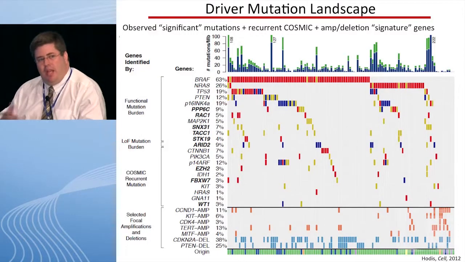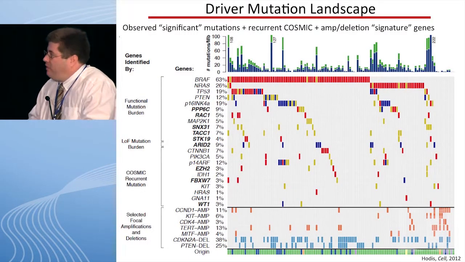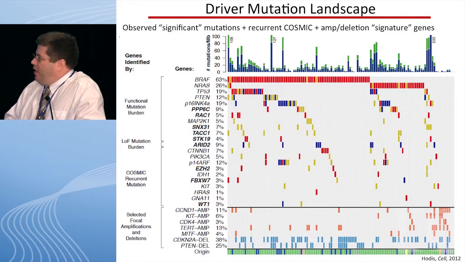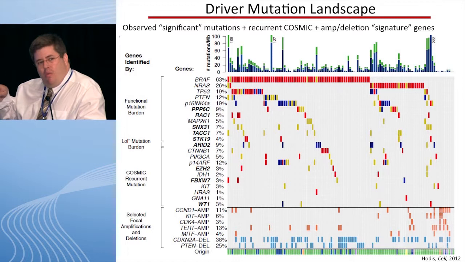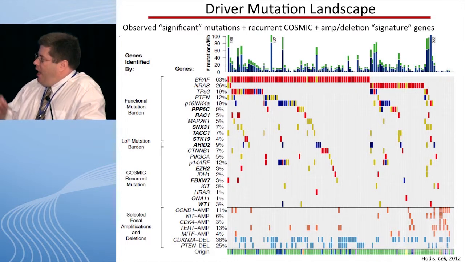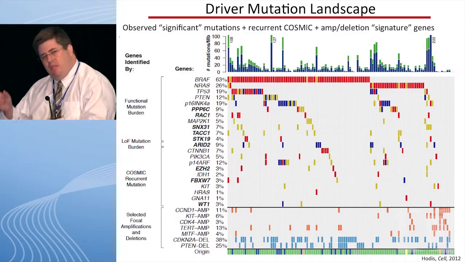This is what I think is really the iconic figure that has come out of the 2 papers, and this was called the landscape of driver mutations in melanoma. So on each row, we see one of the genetic events. The upper half above that solid line are the actual mutations that were found in genes. Down at the bottom, the investigators went back and did assess both gene deletions and amplifications of certain oncogenes and tumor suppressors, which had previously been implicated in melanoma. And then looking up and down, each column represents a single patient.